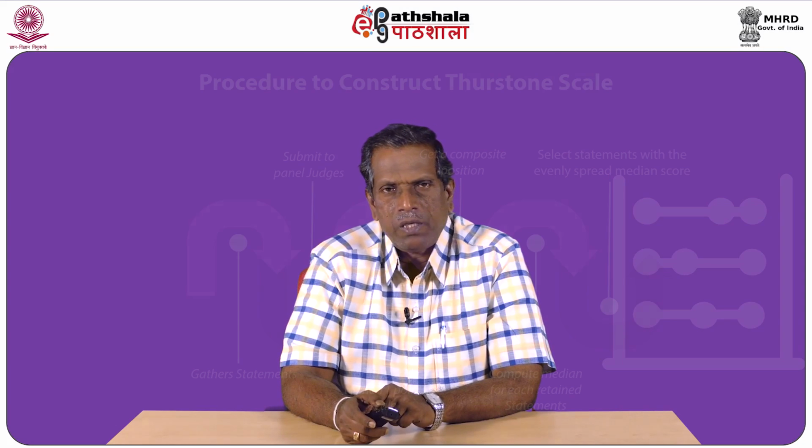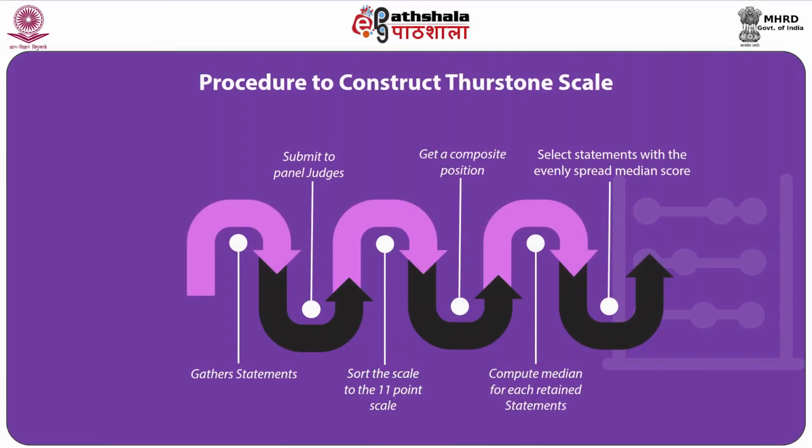Next, for the items retained by each judge, the median value is computed for each statement. Finally, the statements whose median scores are evenly spread from one extreme to the other will be the statements so selected and constitute the final scale to be